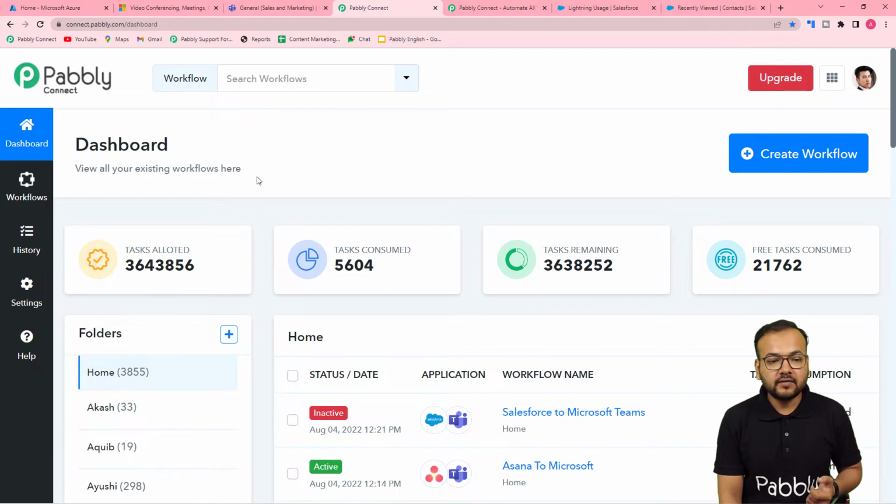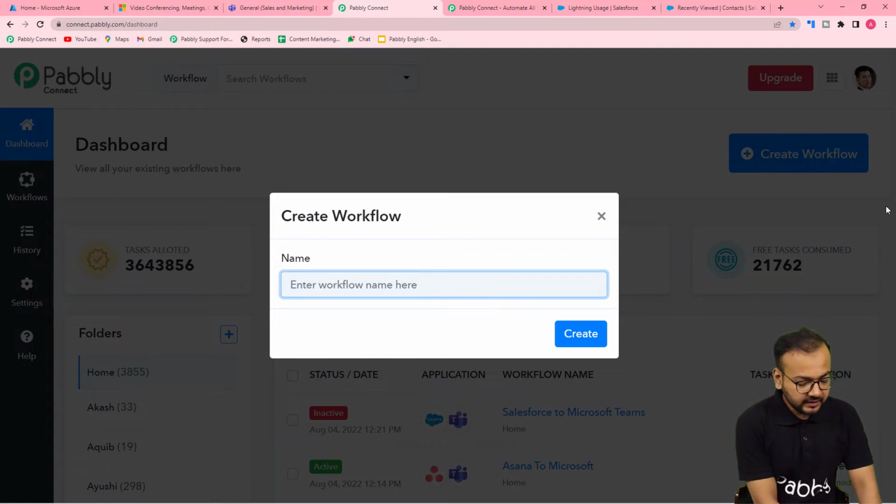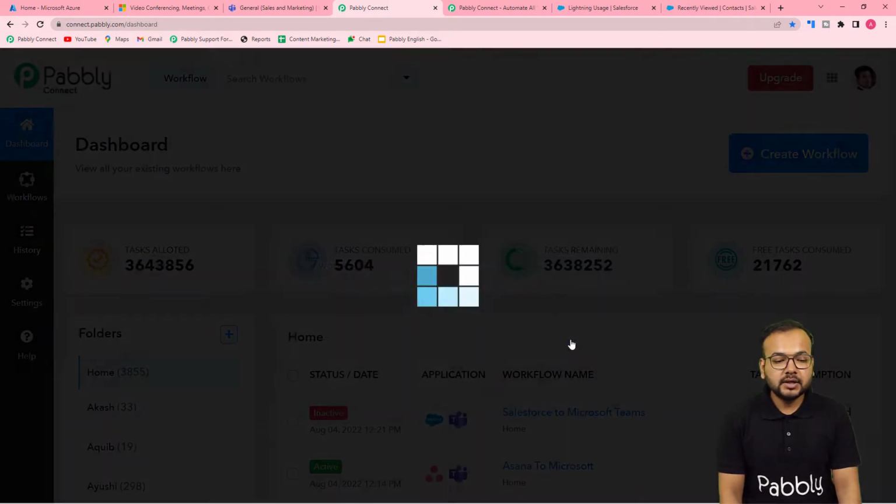And guys, here you have to create a workflow of automation. For that, click on this create workflow button, and here you can give any suitable name to this workflow. So I am giving the name here as Salesforce to Microsoft Teams automation. Okay, so after giving the name like this, you just have to click on this create button and you